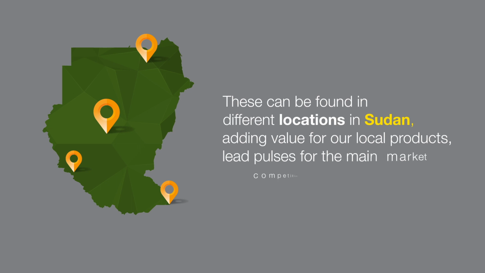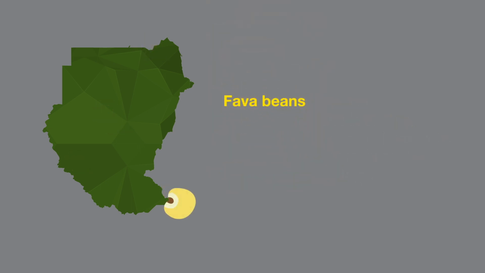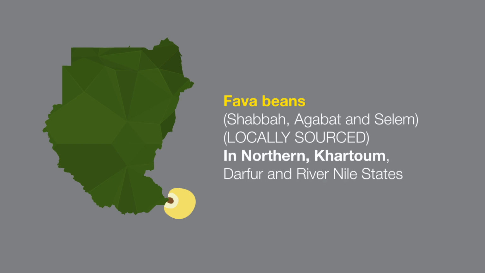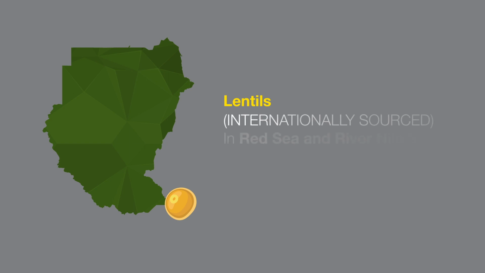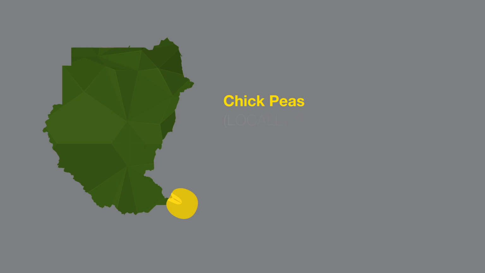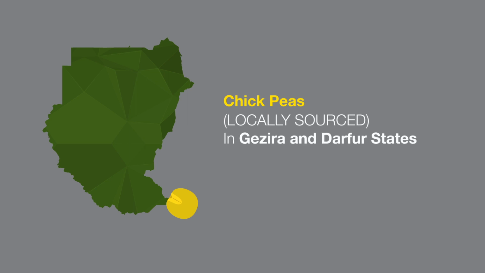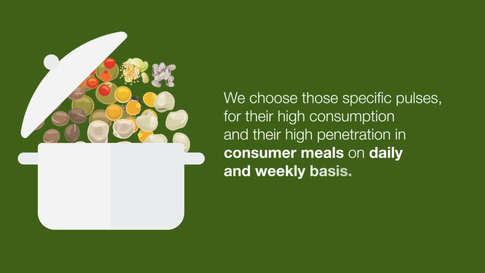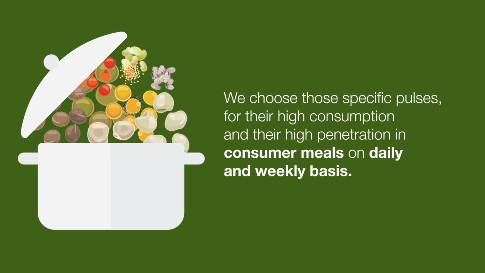Lead pulses for the main market, competitive advantage. Fava beans, Shaba, Agabat and Salim, locally sourced in northern Khartoum, Darfur and River Nile states. Lentils, internationally sourced in Red Sea and River Nile states. And chickpeas, locally sourced in Gezira and Darfur states. We choose those specific pulses for their high consumption and their high penetration in consumer meals on a daily and